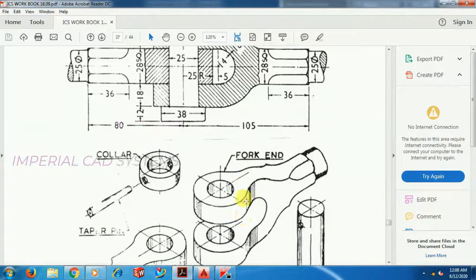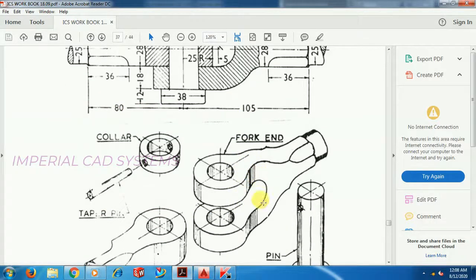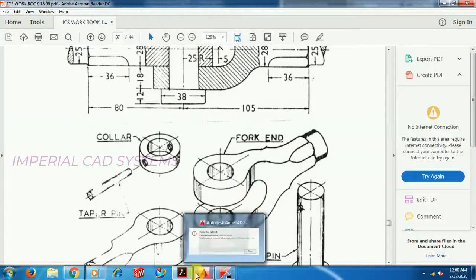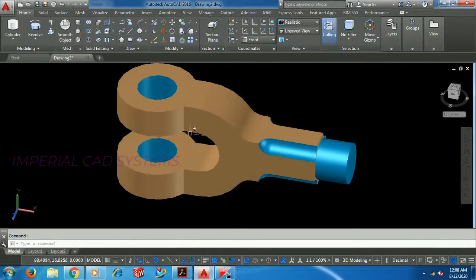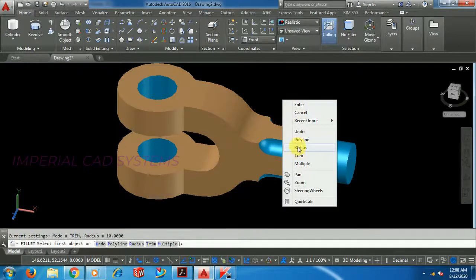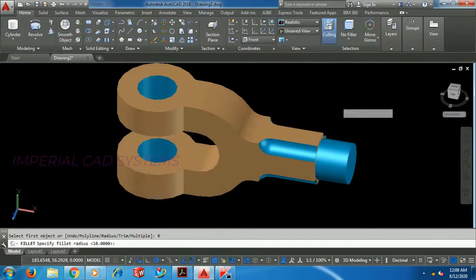Here corner fillet is there, so apply fillet in 3D, F enter, radius 30.